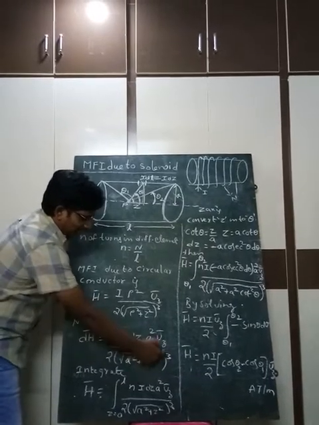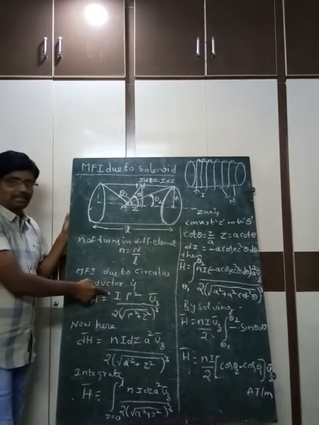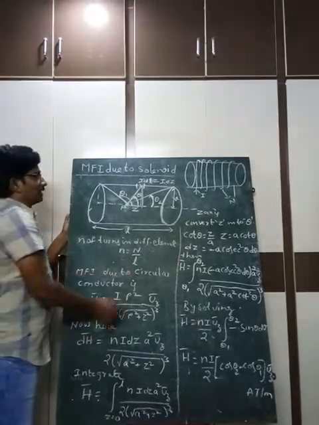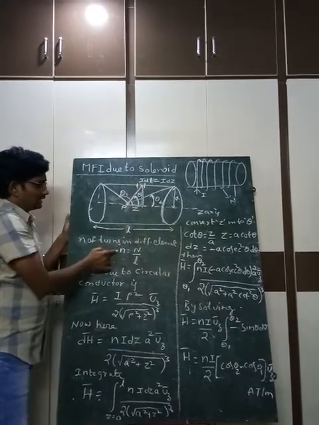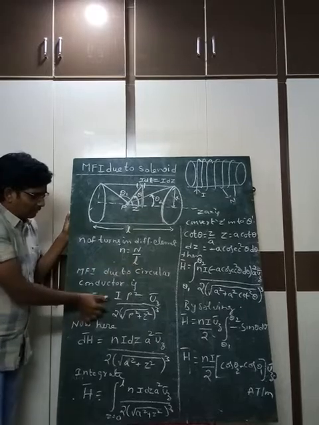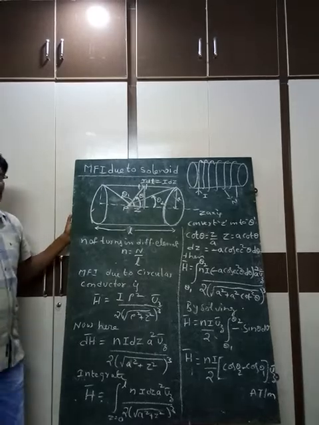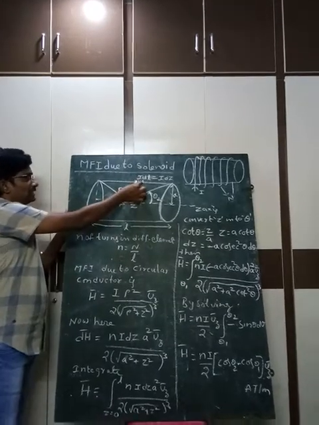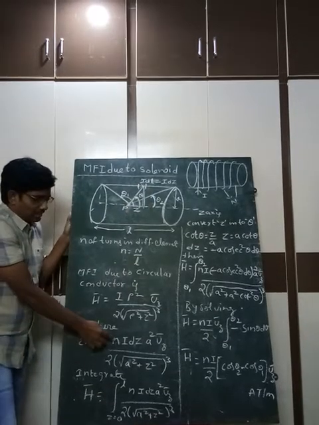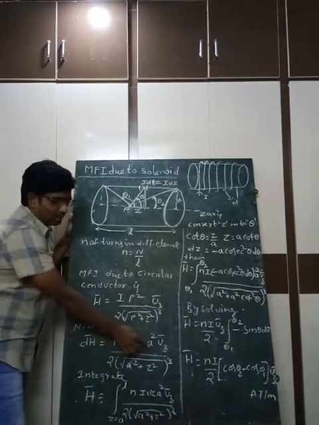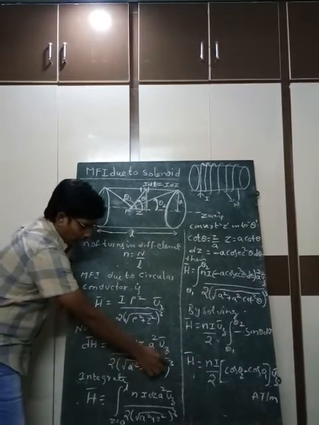And we need to multiply this equation by the number of turns, because here we considered only a single turn circular current carrying conductor, but we are considering a differential element, and this differential element has a number of turns, that is small n equals capital N by L. So we need to multiply this equation by the number of turns, small n. So the differential magnetic field intensity at this point P due to this differential element, that is dH bar, is equal to small n into I into dz into a square into uz bar divided by 2 into root of a square plus z square whole cube.